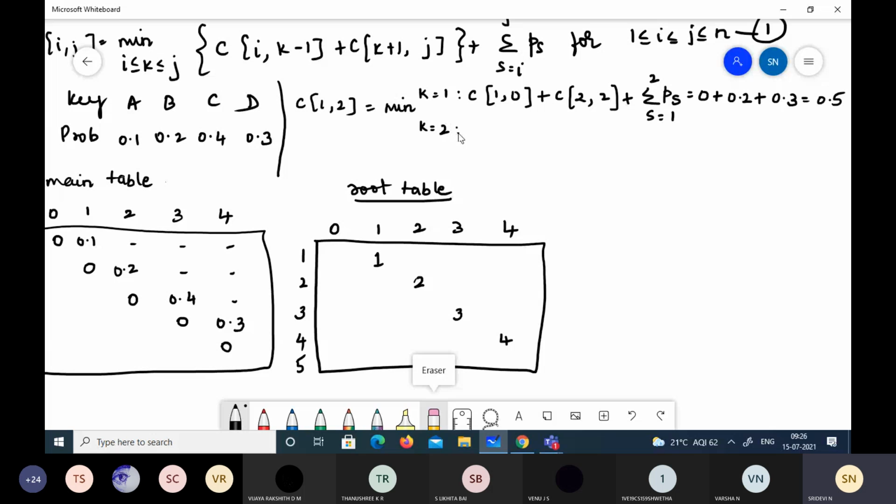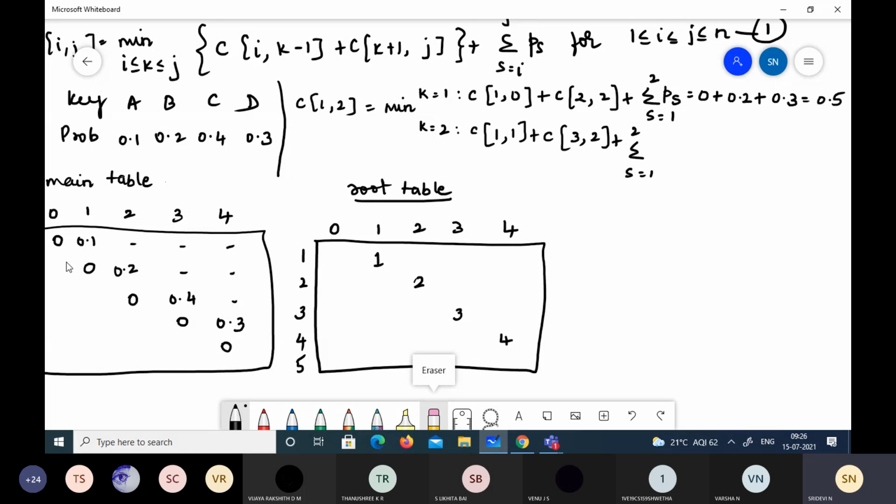In the same way, we do it for k equal to 2. So i is 1, k minus 1 becomes 1, plus C of k plus 1, k is 2, so this becomes 3, comma j, which is 2, plus sigma from 1 to 2.